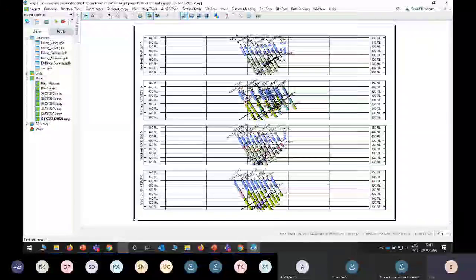At the same time you can see the RL also, so in which section and at what RL you are getting a particular orebody or high grade or low grade mineralization, that you can also easily interpret here from the cross section.